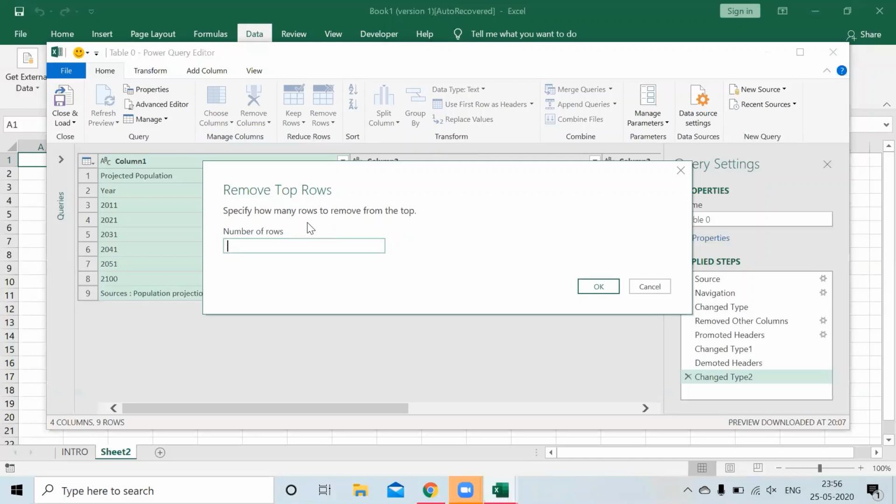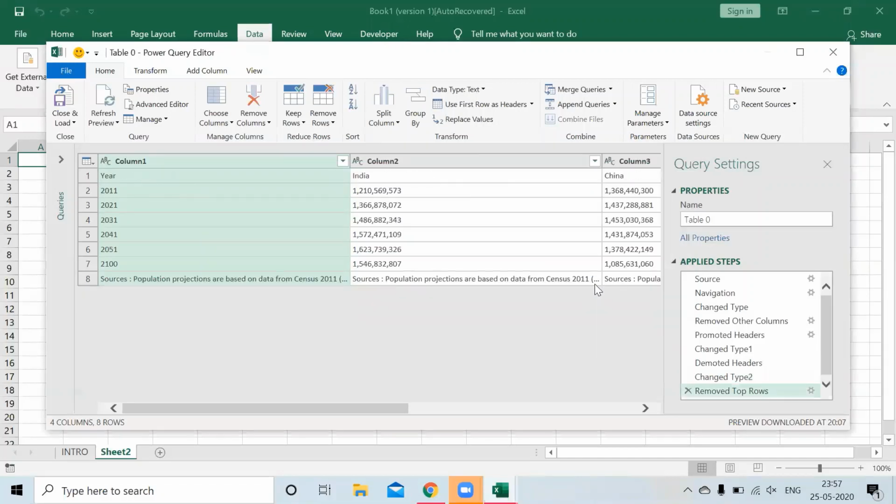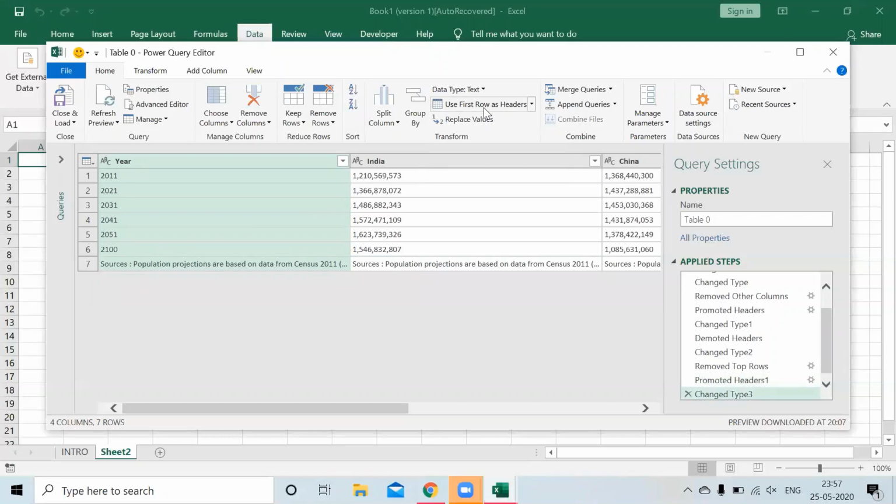So it is just one row which I have to remove, basically this one. So I'll do 1 and I'll press OK. So now here India, China has become my first row. Now to make this the header of my columns, I will use this option of use first row as header. So as you can see here, India and China have now become the headers of my columns.